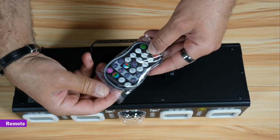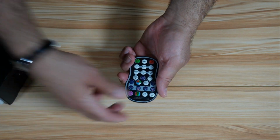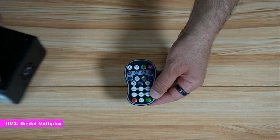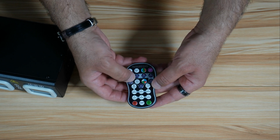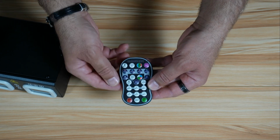The remote control operation is very easy and straightforward. First of all, you need to remove the plastic covering here so that the remote control can be operated. And you have the on-off buttons, and you have DMX in case you connect the box to a DMX controller. And you have these auto buttons here, and auto for disco, for instance. And also you can control the UV, of course, the LED lights, and all the other aspects of the lights